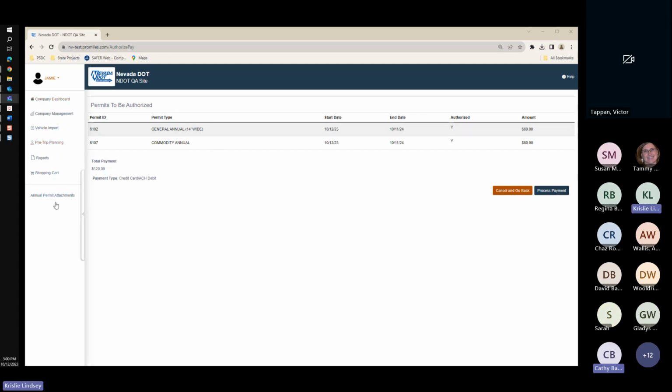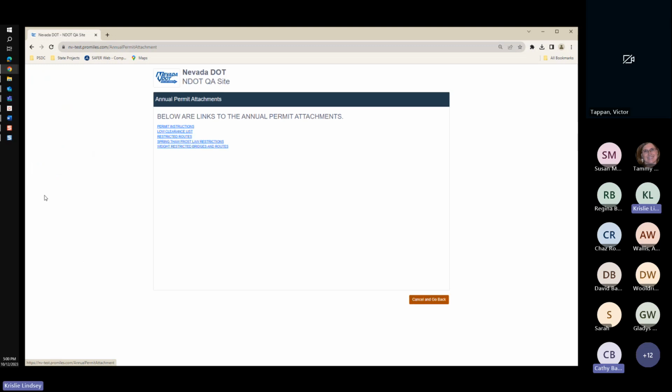Okay, so the next link off to the left is the annual permits link. When you open this, it brings you to an annual permit attachments screen. Like I said before, if you have annual permits, then there are certain documents that are required to be attached to your permit. In the permit application, when you order an annual permit, at the very last screen, it also